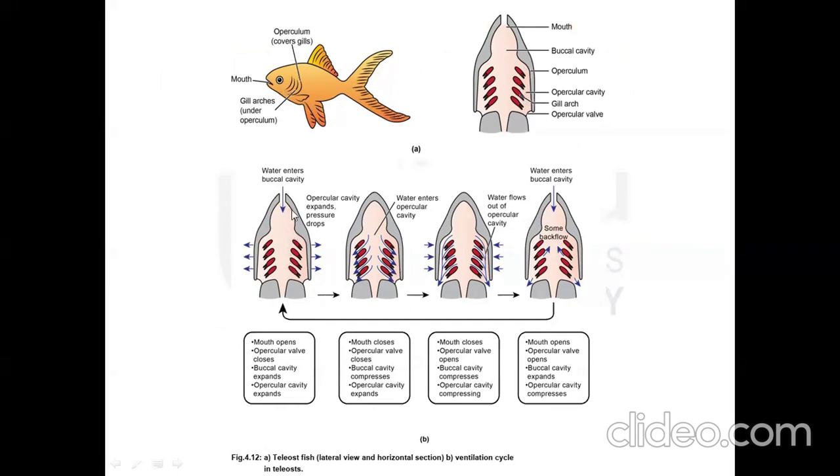See, this shows how the water enters through the buccal cavity, and the opercular cavity expands. The pressure is dropping, the pressure decreases, and the water enters the opercular cavity. The image shows how it enters in the first one and then it enters the opercular cavity. Here the water flows out of the opercular cavity. This is the exhalant siphon and this is the inhalant siphon. So it goes out and some backflow we can see will always be there. So this picture shows how